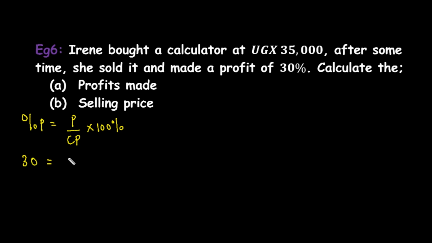And is equal to, we need the profit, but we have the cost price as 35,000, then we are going to multiply it by 100. Is that okay? So we are going to multiply both sides by 35,000. Is that okay? So this one will cancel with that, and we shall have